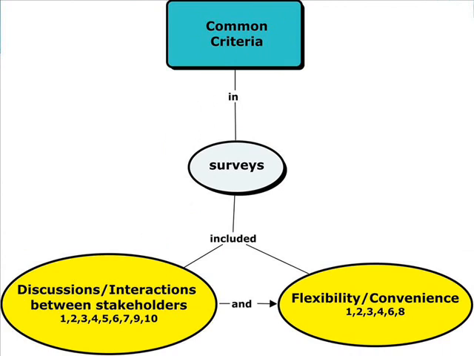The first example of similar criteria was regarding discussions and interactions. 9 of the studies included these elements within their surveys. One 2002 study, for example, asked students to rank the importance of interactions with peers and instructors. Meanwhile, a 2009 study surveyed learners regarding the importance of discussions with peers. A second